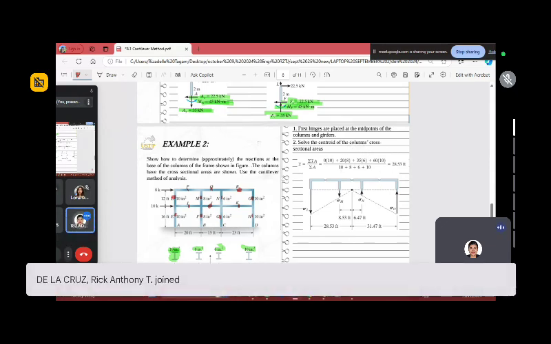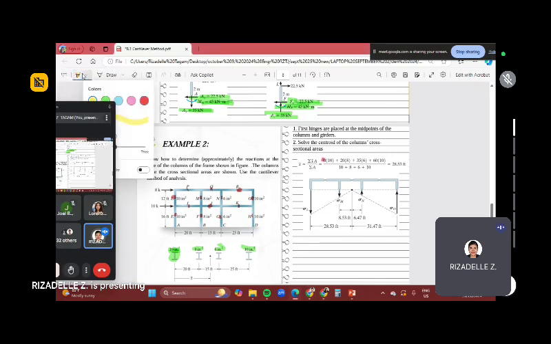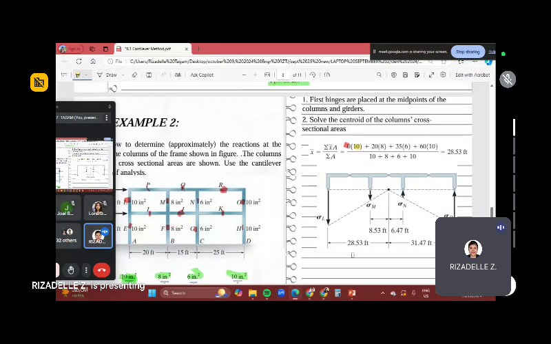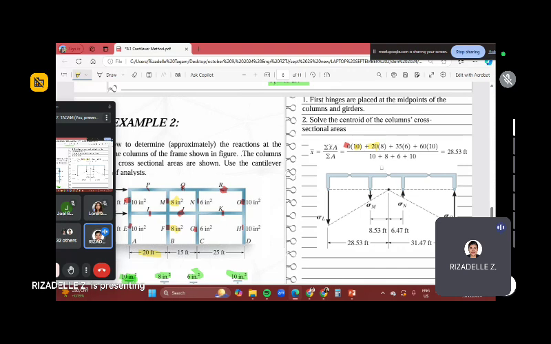Now, they have different cross-sectional areas, so you will not put one on the area. Imong isulod ang area nga ba siya. So, ano siya? First is the first column, 0 yung distance. Iyahang cross-sectional area is 10 plus summation, so we'll add distance is 20 feet, kani 20 multiplied by the 8 na cross-sectional area plus 35. So from the left man, so 20 plus 15 is 35 multiplied by 6 na cross-sectional area, and then 60, which is 20 plus 15 plus 25 multiplied by the 10 na cross-sectional area over the summation of all cross-sectional areas. Okay? So your X bar is